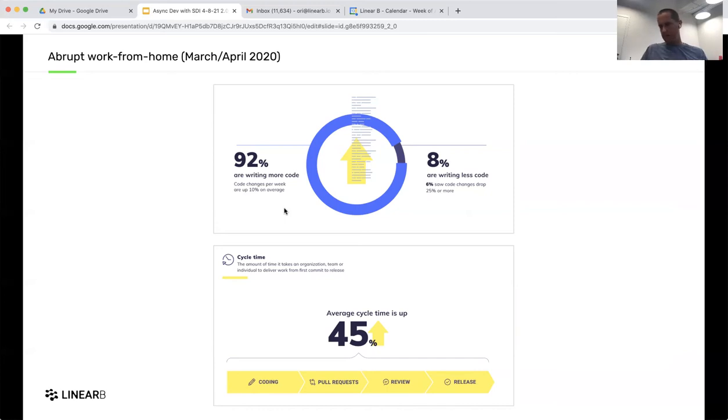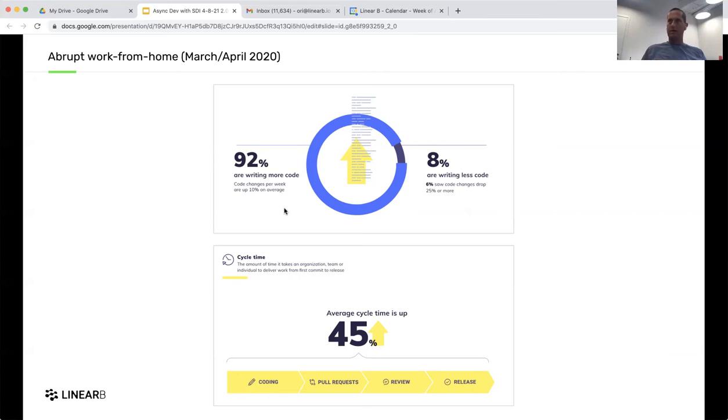Two things happened. One, people had more time, so they were generating more code, more functionality. They had fewer meetings, and it took some time to arrange everything, so they were generating more code. The second phenomenon that we saw was happening everywhere there was a dependency on somebody else, right? I needed somebody to review my PRs. I needed the CI to work to make sure that all the tests passed, etc. Everywhere there was a dependency, things got a little bit more delayed, and it makes sense, right? Because not everybody is sitting in the same place.